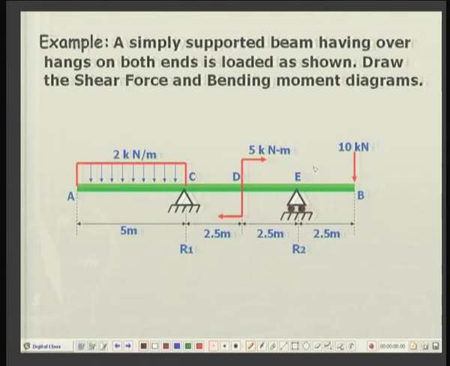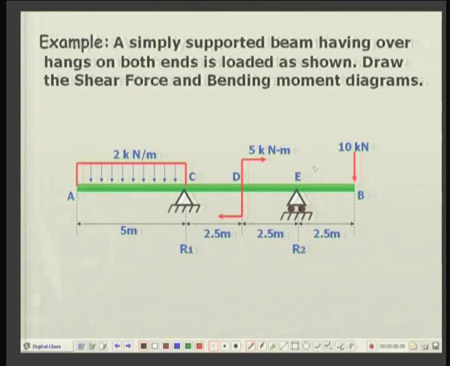Because we have already done a problem when the loading was a uniform loading. We saw in that case the shear force diagram was a linear function and the bending moment was a quadratic function. So, you can expect a similar thing to happen from A to C. There will be a shear force which is linearly varying and a bending moment which will be quadratically or parabolically varying. Between C and D there is no load.